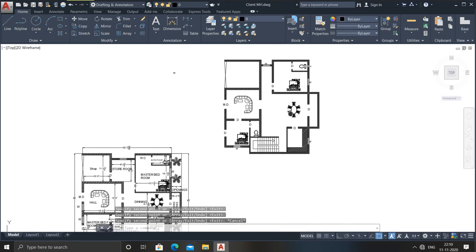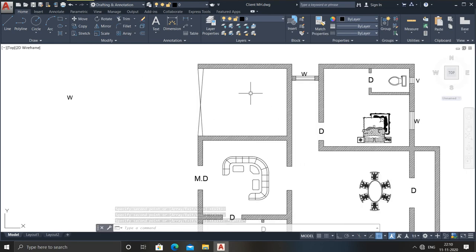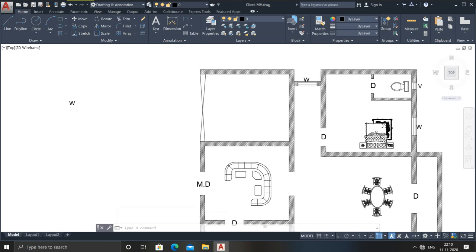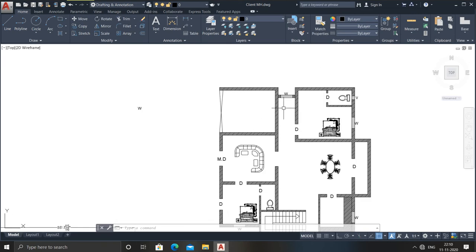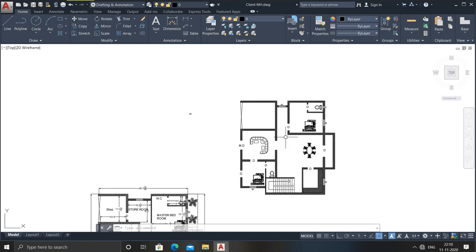So escape it. If you want to place a door here, that is also good, but sometimes we keep our shops for rent, and we do not want to allow that person into our room. But if you keep a door here, that will also be good.